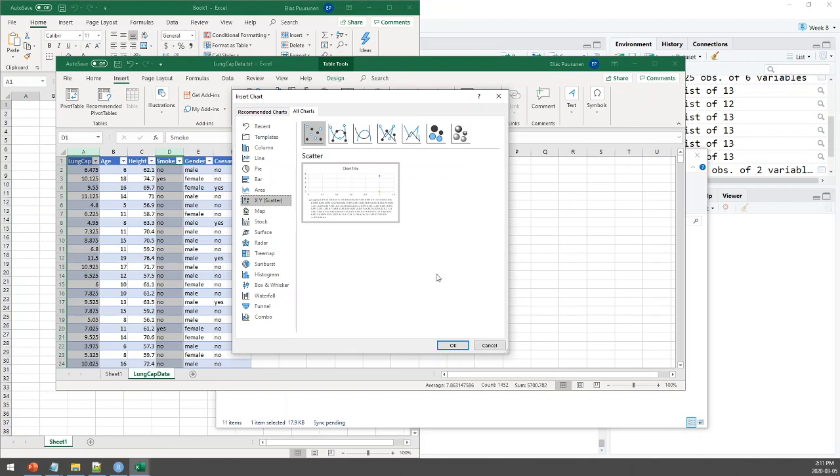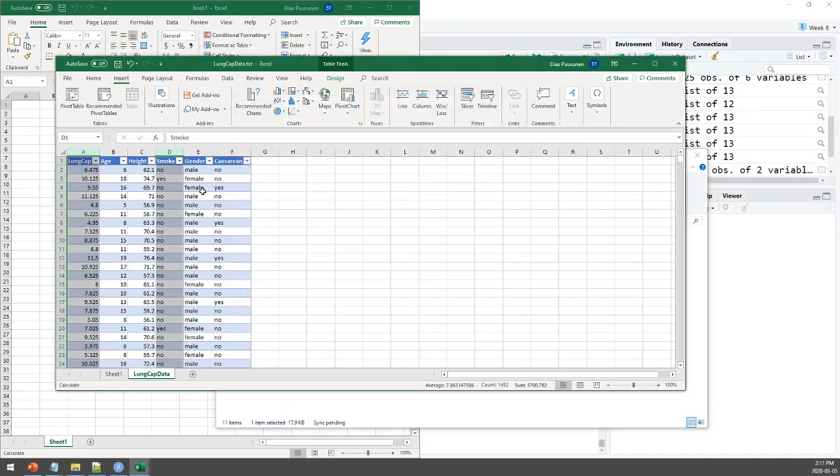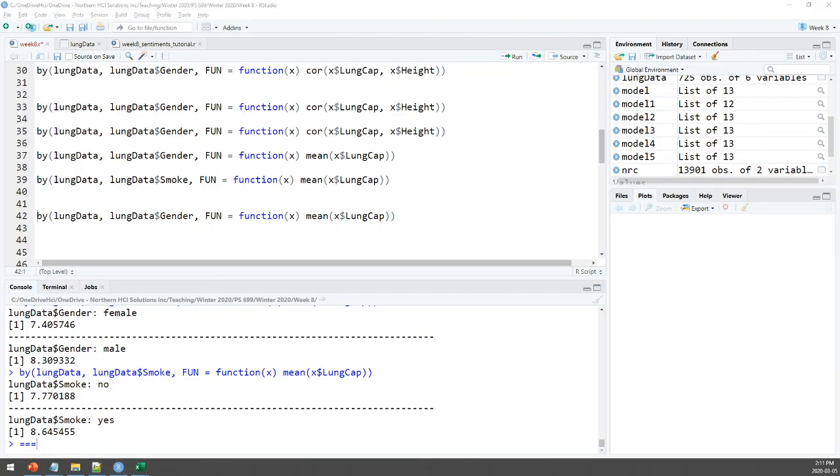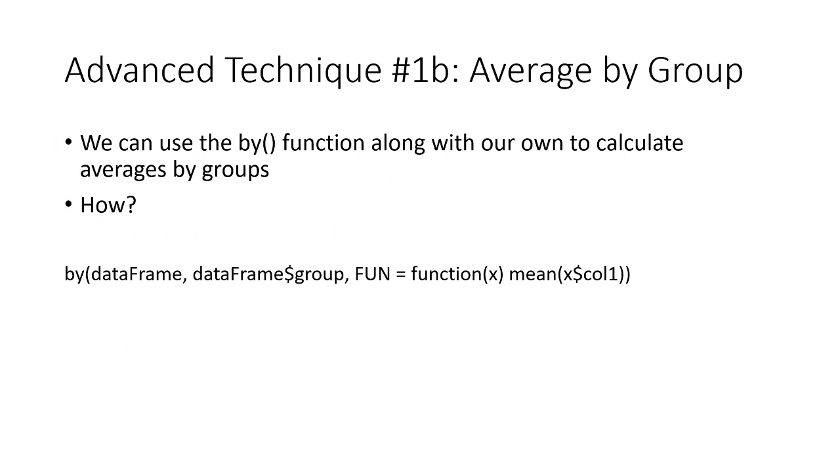I might not have set up my data correctly, but that's okay. We'll plot that data later. We want to get back to R because we've got a few more techniques that we have to get through. So we've done correlation. We've done average by group. Now the next